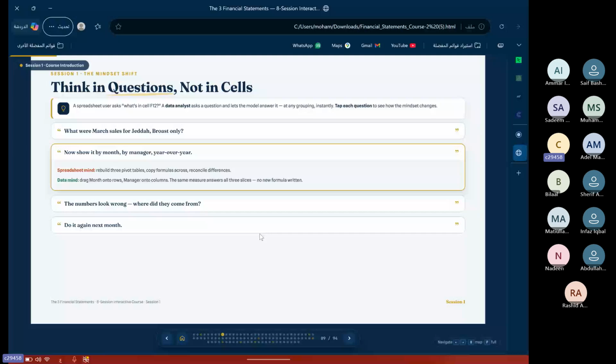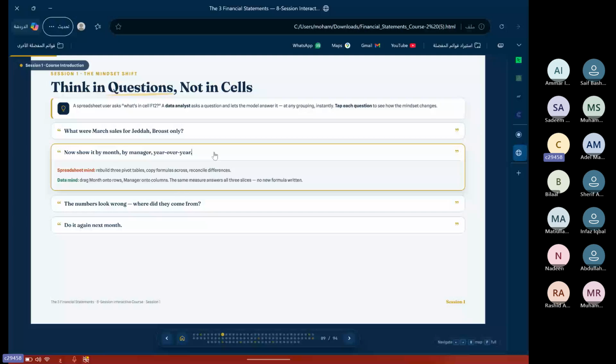So if you are using this, it will take a lot of time from you. You need to build pivot tables. You need to make a lot of things. But if you have this data model, you have a calendar table. You will only use the date. You will only use the measure that we built for sales, and everything is available with you. Whatever question he asks you, you only drag and put it in your Power Pivot, and everything will